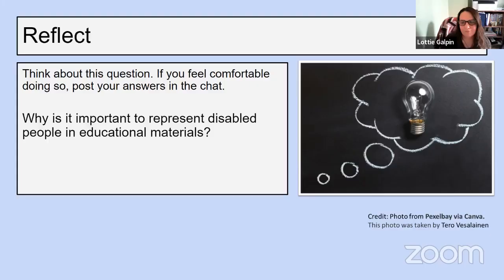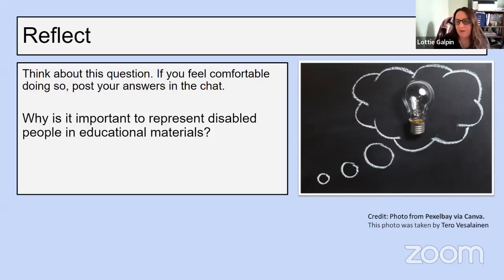So just whilst we're waiting for people to chat, I would say one thing is that probably a lot of our students are affected, perhaps not personally, but perhaps someone in their family has a disability. And so we need to provide them with the language to talk about it rather than ignoring it. Yeah, absolutely. 100%. To be able to talk about yourself or to be able to describe people in your family.